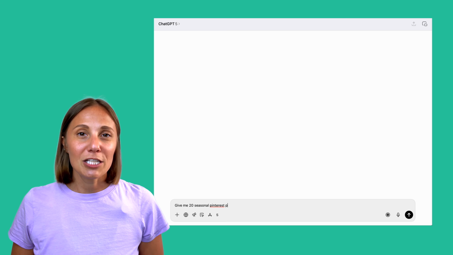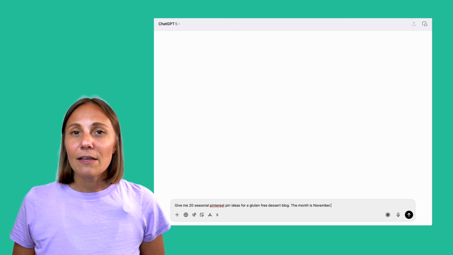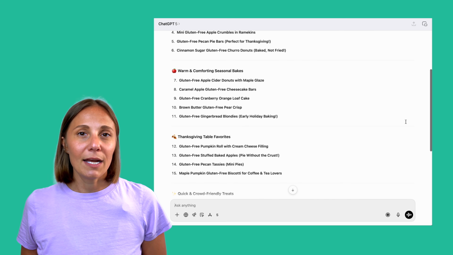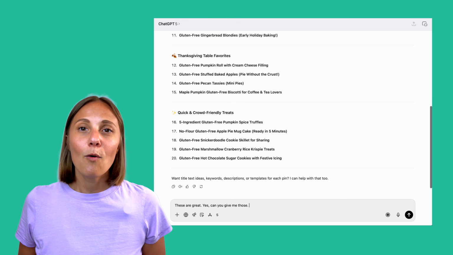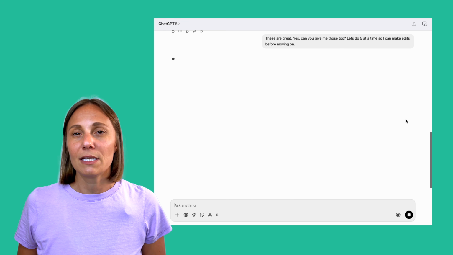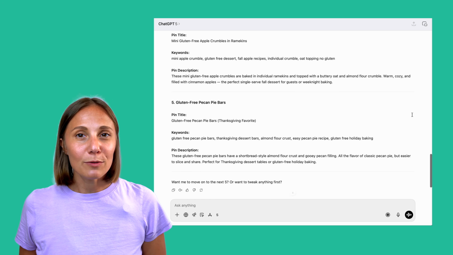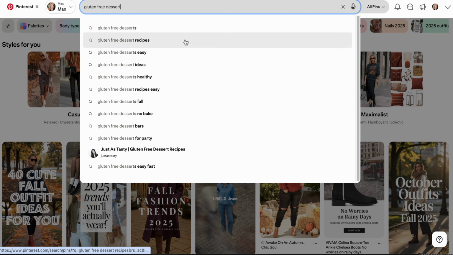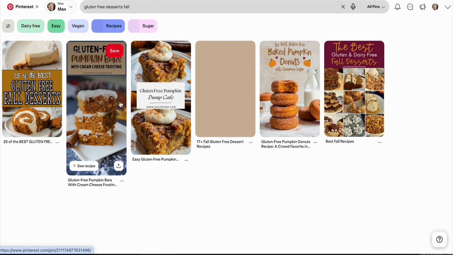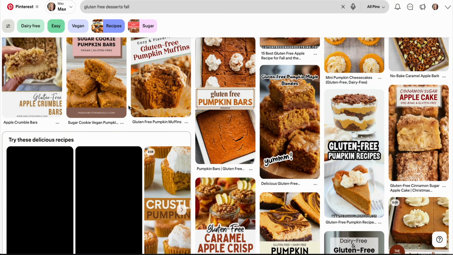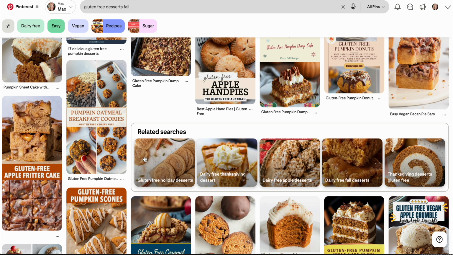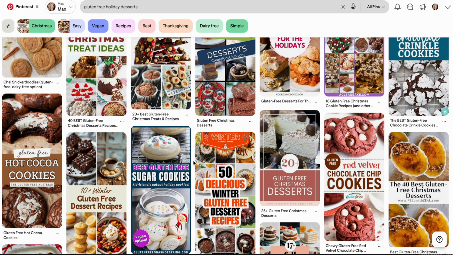I like to use ChatGPT to think outside the box. I'll ask it for something like 20 seasonal pin ideas for a gluten-free dessert blog, or trending home office decor tips for fall. Those help me generate new ideas, but then I also leverage other tools such as the Pinterest search bar itself to come up with even more. While it's not pure AI, it's built on Pinterest's own algorithms, and it will surface real-time search suggestions that are